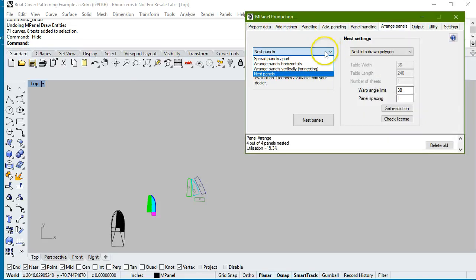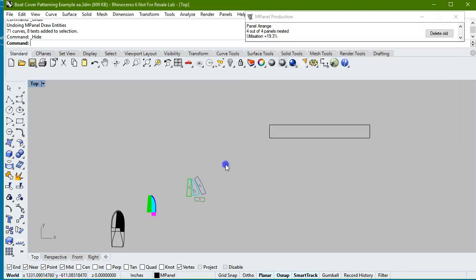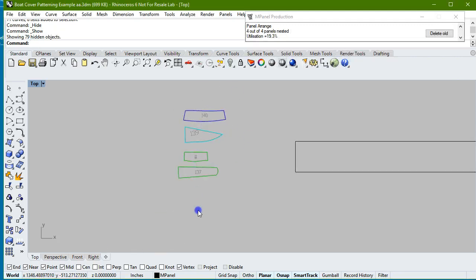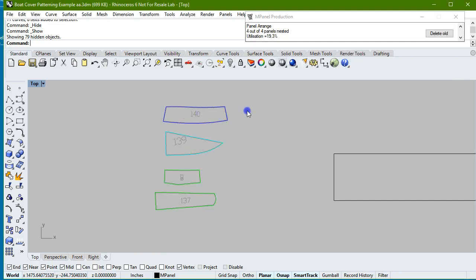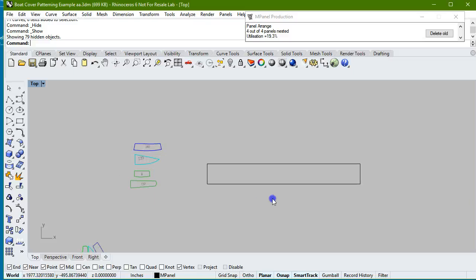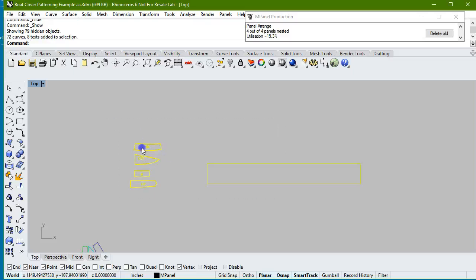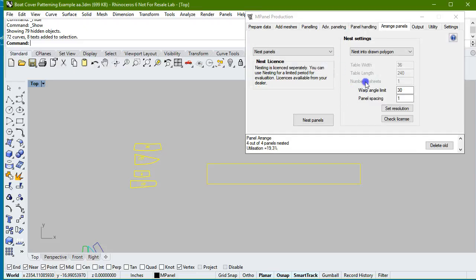The first thing that we do is we arrange the panels, we call it vertically, but really what it is, the panels are arranged to where the panels themselves, although they stack vertically, are all essentially horizontal, and that gives us a starting point for the nest. And we would then select the panels and the sheet that it needs to go into. We have some other ways of nesting as well, but we'll just show this simplest way. And we would then just nest those panels,